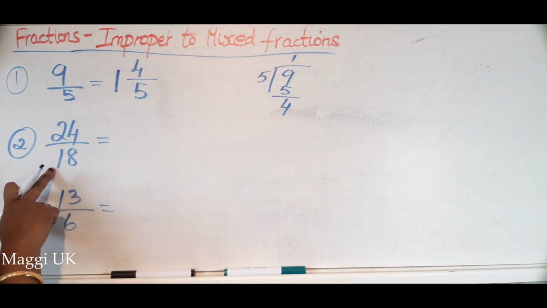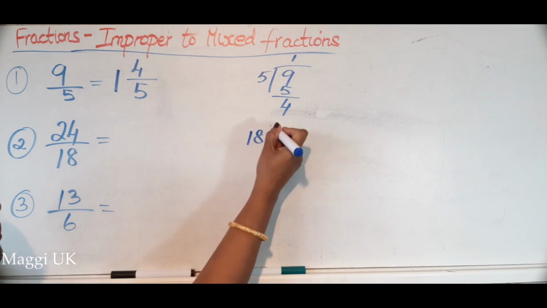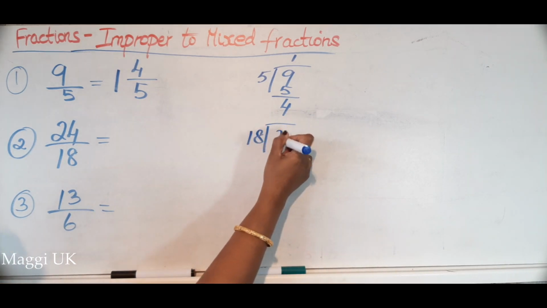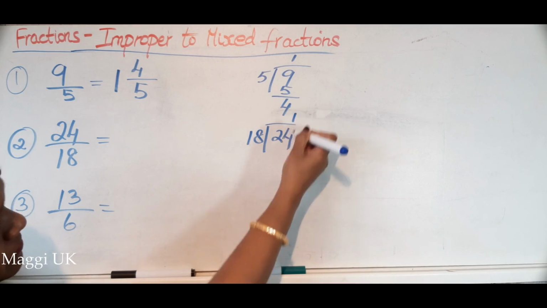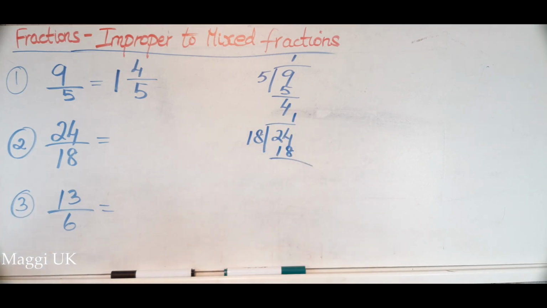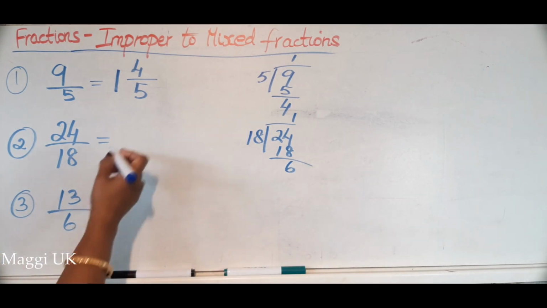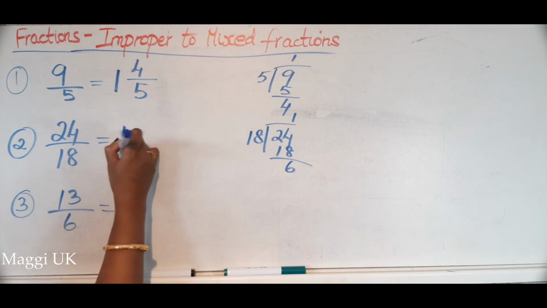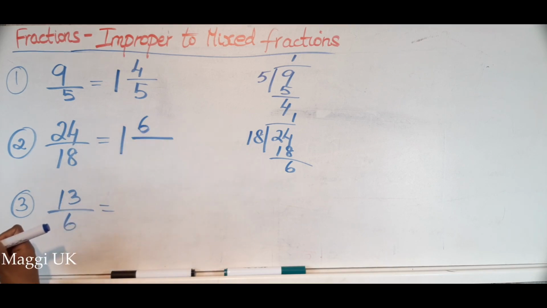So 24 divided by 18, which is over 18. So if you see here the small number and this is a big number, like this we need to do. If you don't know 18 times, you can also do this way like you normally do in your division. So how many times 18 goes in 24 is 1 time. And then you have a balance of how much you have? 6. 6. Okay. So now you need to write now goes in 1, which should be a bigger number, and then your remainder comes here, and then you divide this